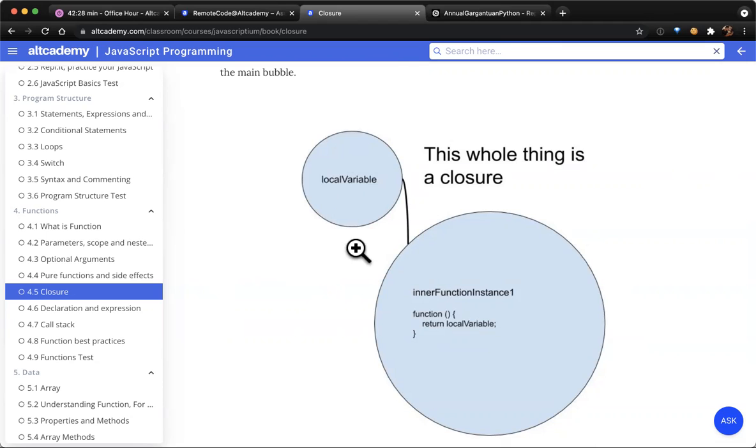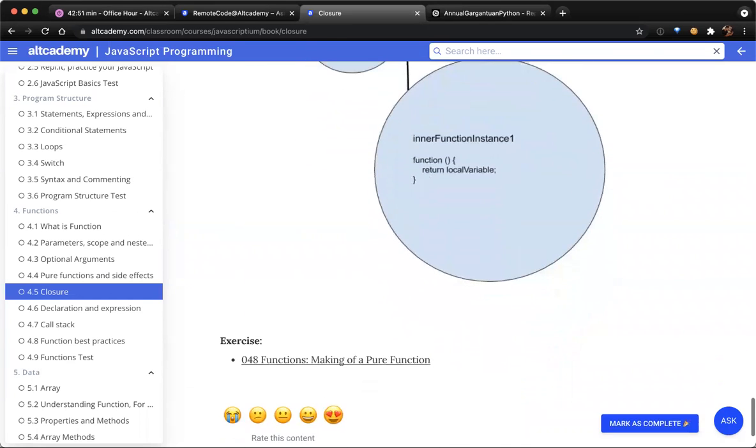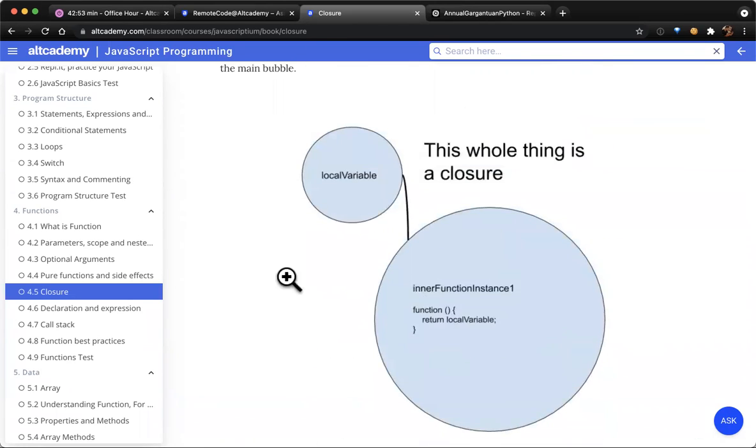It's retained because we still need to use it for the inner function. So this is what closure is about. It's about having access to values and variables and other things in the outer scope of a function, even though that scope has probably already been destroyed.